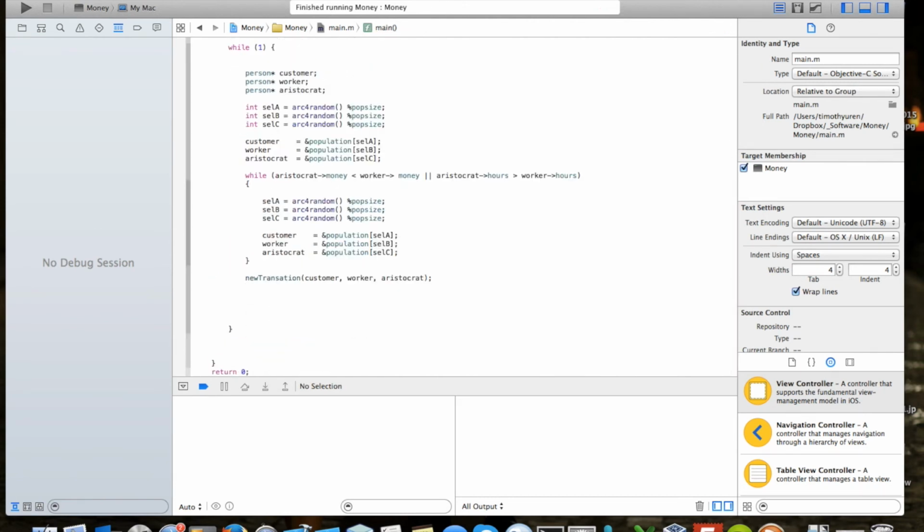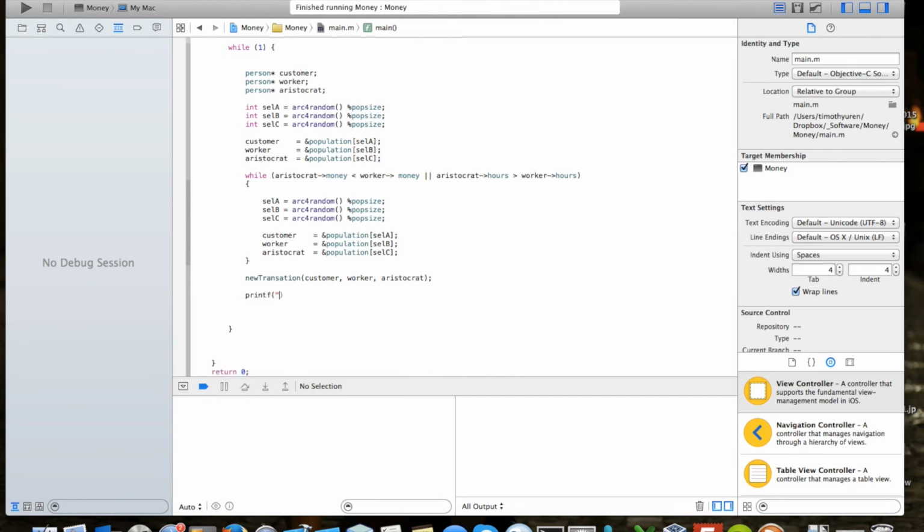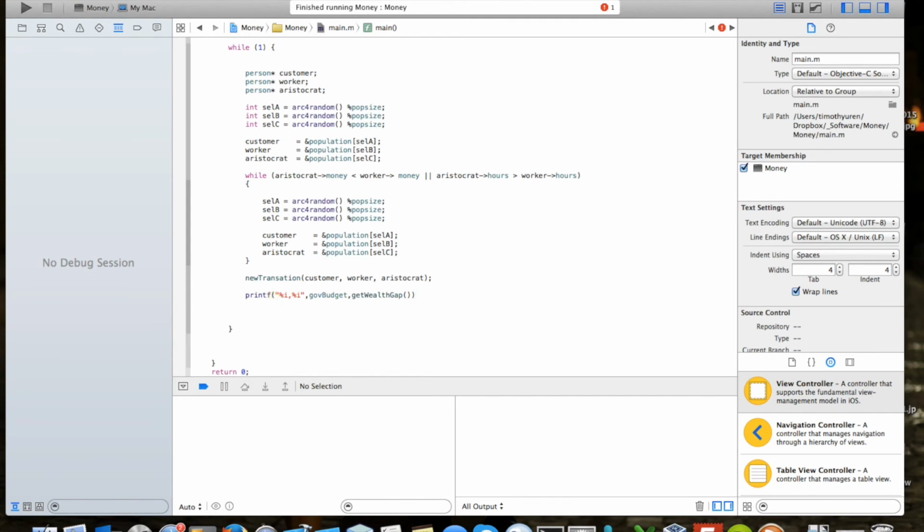I want to print out some of the information that we've got in our program at the moment, and I'll just do that in comma separated values so we can integrate it into Excel really easily. Okay, the first value I will print out is going to be the government budget, and the second will be the wealth gap from the function we just created. In fact, I might store wealth gap as its own integer,